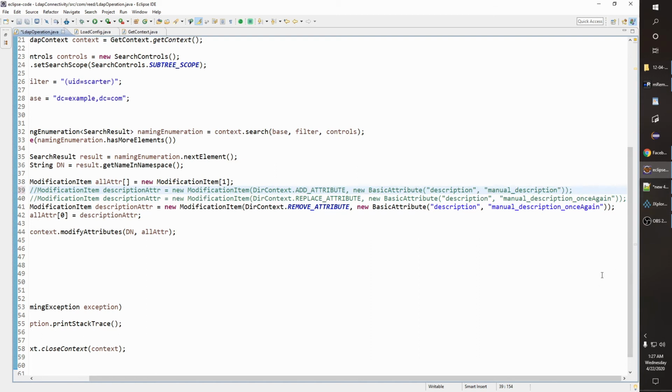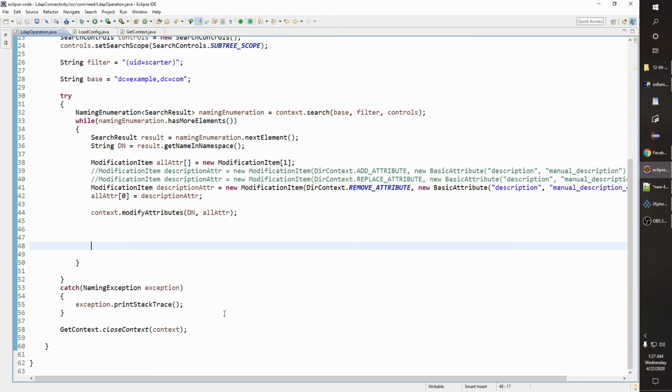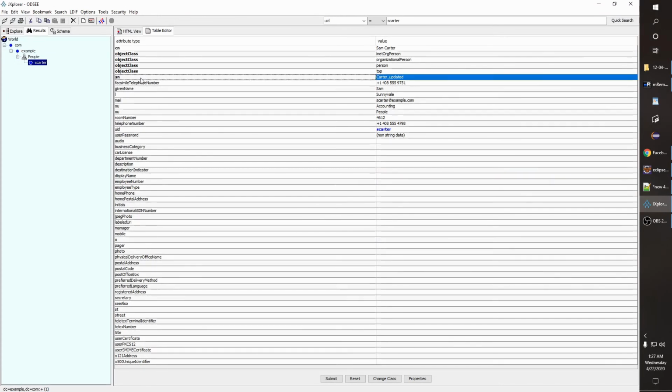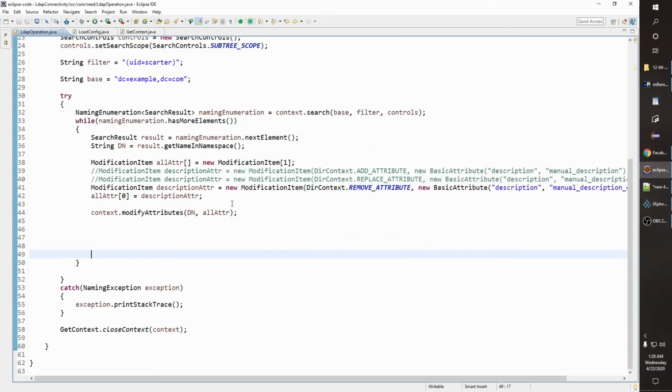Okay. So now the problem is how you will come to know if a value is already there. Let's say you want to update SN. But before updating that value, you have to make sure whether that value is present or not present. If it is present, then you will call the replace method. If it is not present, then you will call the add method, correct? So how will you make sure? First thing is you have to get those values.